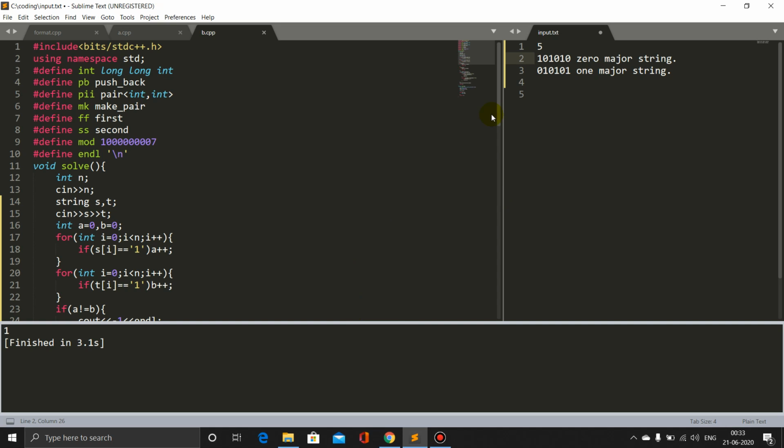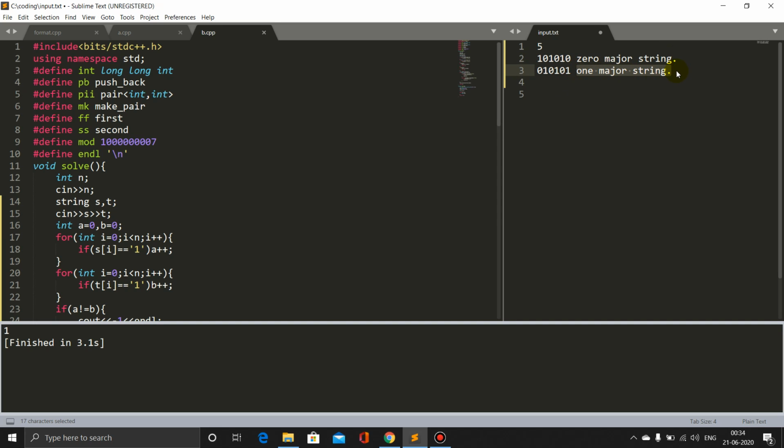So first we need to define some terms. Let's look at these two types of strings. These can be converted into each other by using one rotation. So let's call the string that is ending with 0 the 0 major string, and let's call the string that is ending with 1 the 1 major string.